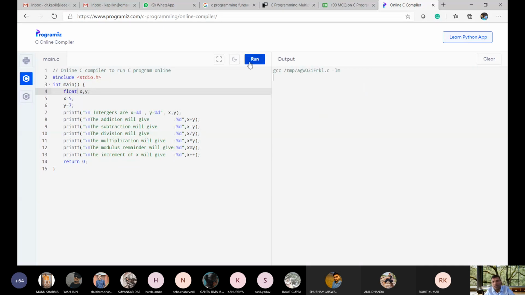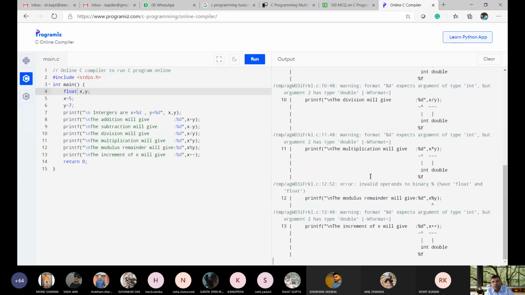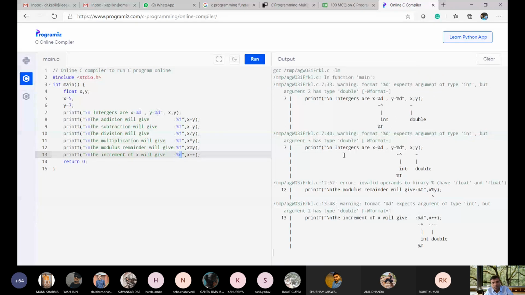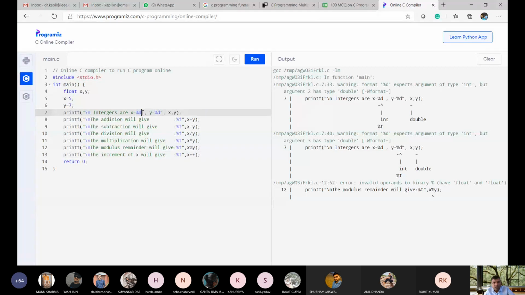Okay. Let me run once again. So okay, because %d is written here, %f, %f. If the data type is float, you must use %f. Otherwise, it will give you an error. And let me check whether it is working or not. See, have you seen three different? Yes, this is also %f.